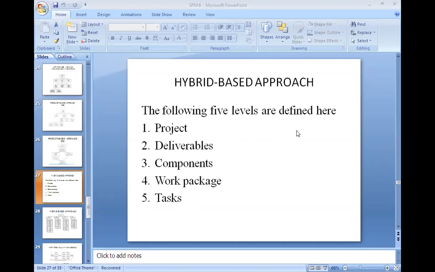So the following 5 levels are defined here for hybrid approach.